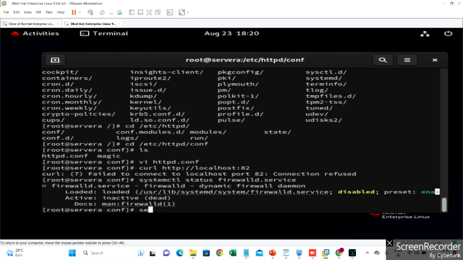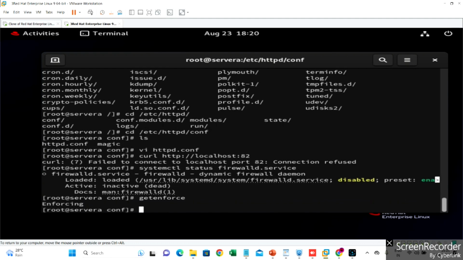Just check the SELinux status by using the getenforce command. Okay, our SELinux is in enforcing mode. It's recommended during the exam, so you don't have to disable SELinux. You have to configure the SELinux port, so we have to add the context